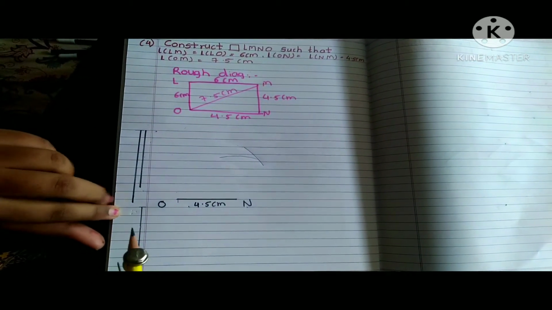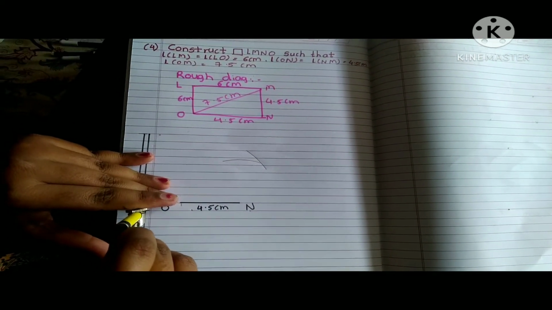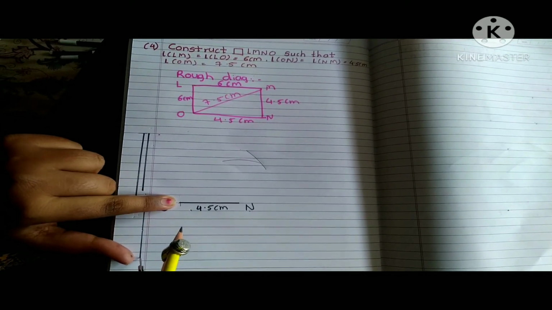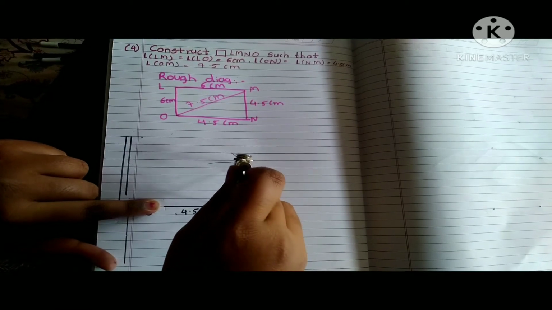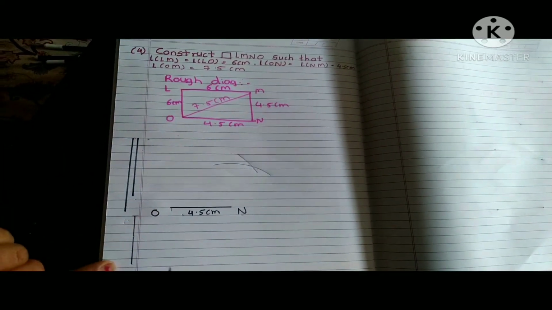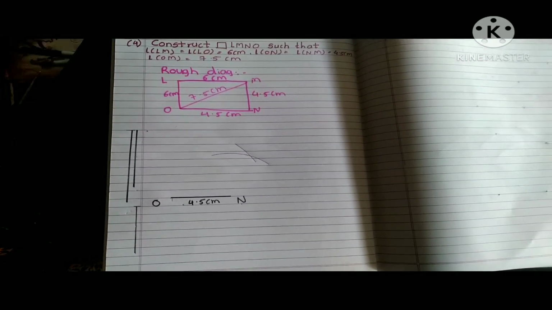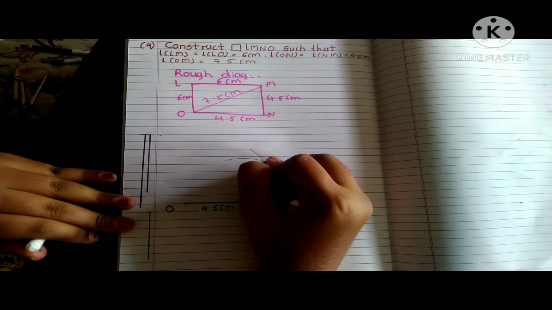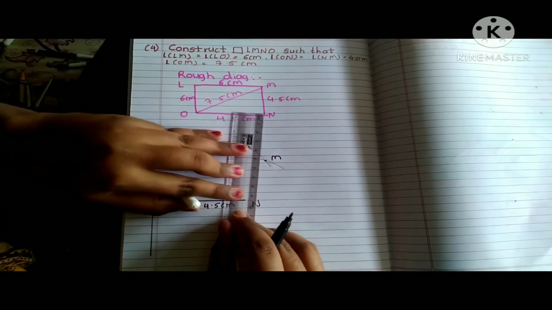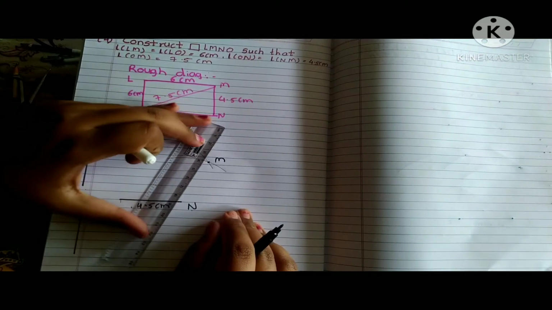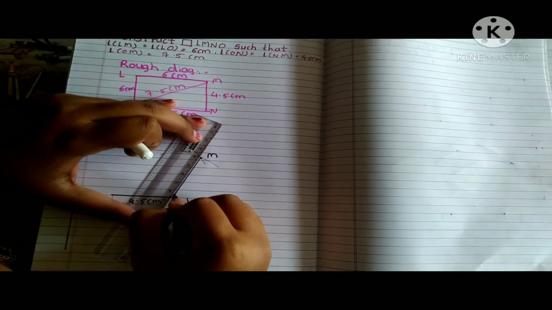But usually I draw the line of 4.5 over here, because if we adjust the rounder on the line, you will see how shabby it looks. Our fair diagram should not look shabby. For that I have taken the line of 4.5 also. So here I got the point M. So join MN.